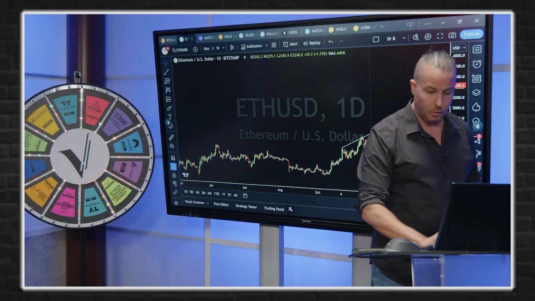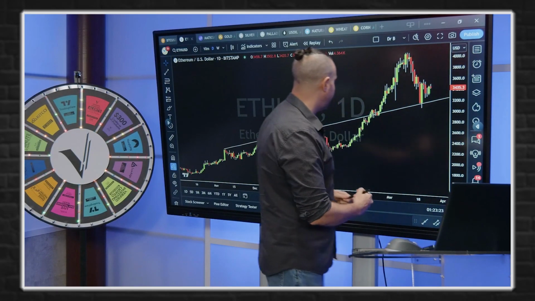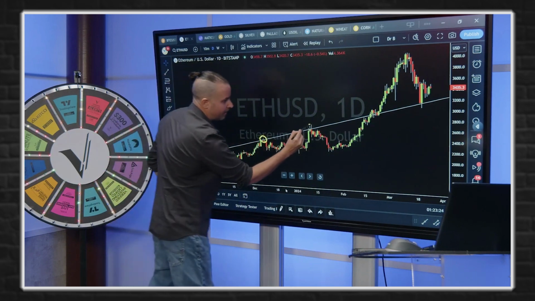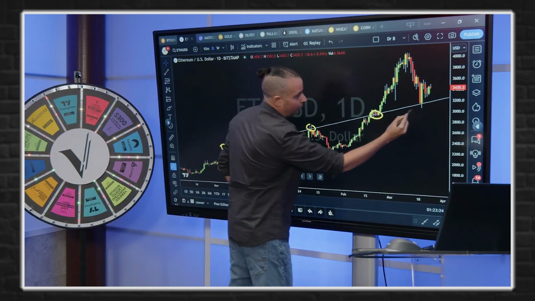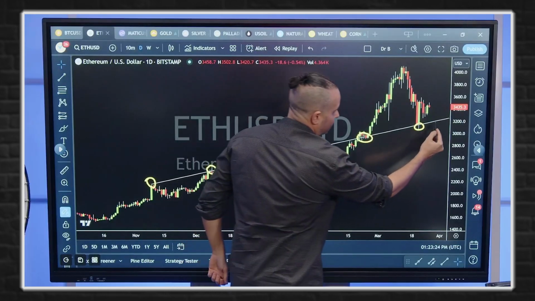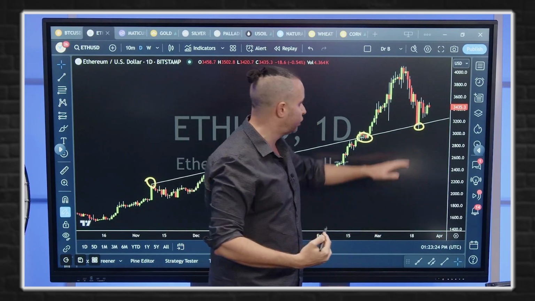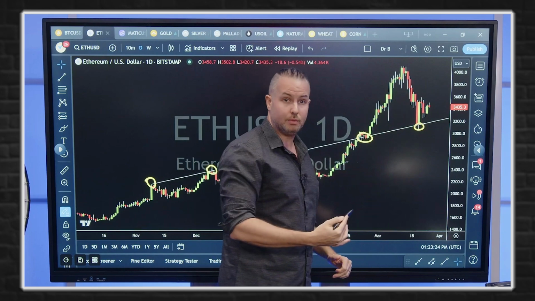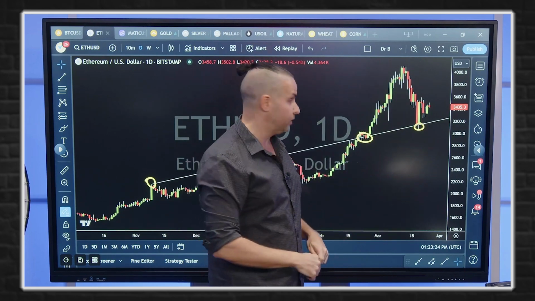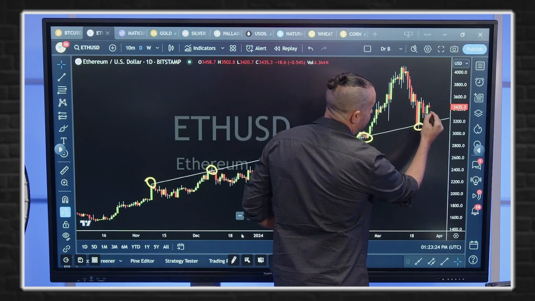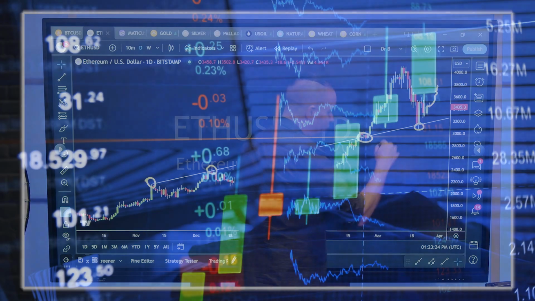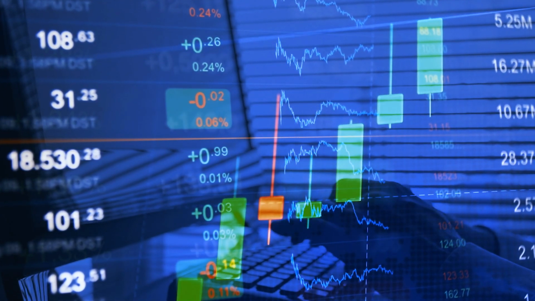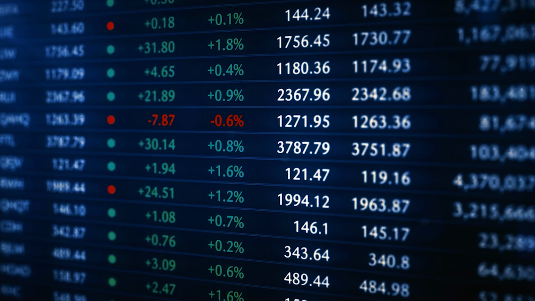Looking at Ethereum real quick, guys, just a beautiful trend line on Ethereum to keep an eye on. We have this line connected right through here, and look at the low right there. So basically, you need Ethereum to hold this 3,200 level. If it confirms below that, Ethereum's in trouble. It could go well below 3,000. As long as it holds above, maybe it can creep back up. There'll be some resistance, but nonetheless, that's what you're looking for if you are a bull. You do not want to see it break 3,200.